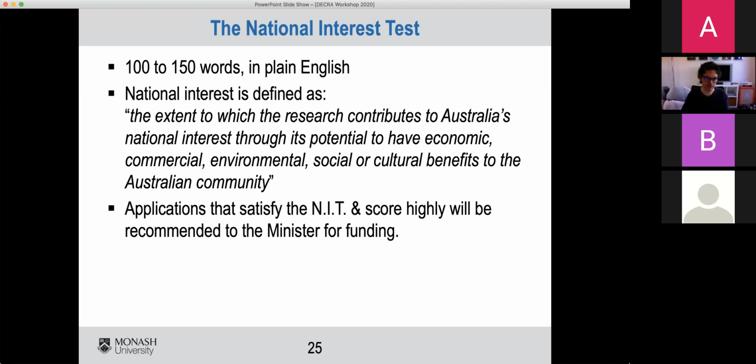So if your research doesn't satisfy the national interest test, it won't be recommended for funding. Even if it is recommended, if it's not clearly within the national interest, the minister is unlikely to fund it. If it is to help develop more efficient bomb-making methods for deployment in a country that Australia doesn't get along with, it's unlikely to be in the national interest. And I'm not aware that any STEM grants have ever been denied on the basis of the national interest test, but some grants in HASS faculties, humanities, arts and social sciences, have.